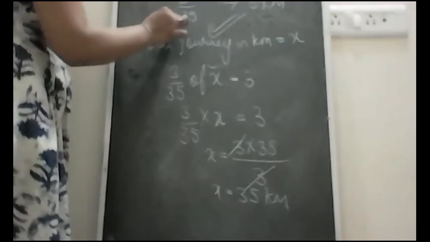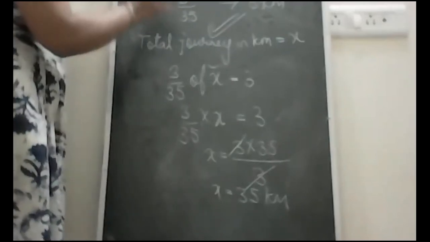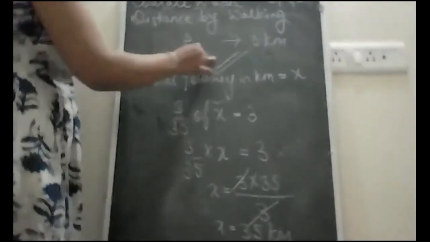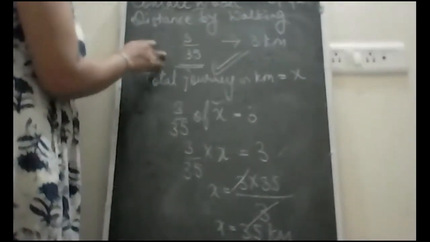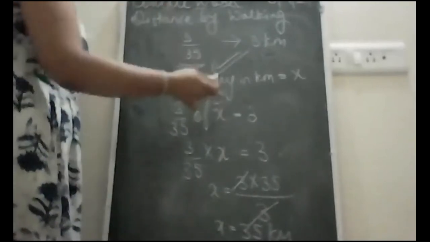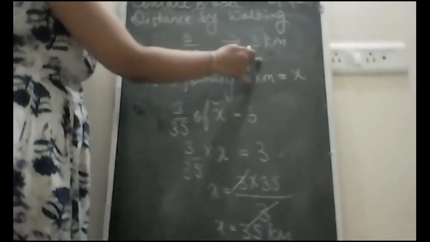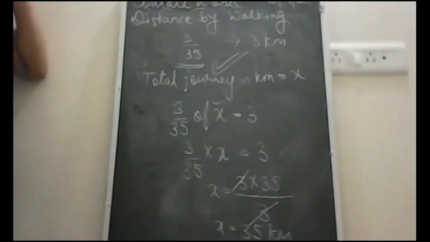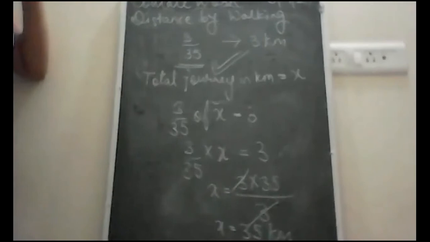3 upon 5. It was a part which was covered through walking. This was a normal part, beta. It was not given in the form of distance in kilometer. It is only a form of fraction, that this part is covered by walking. And in kilometer, it was given 3 kilometer. We don't know the total journey. ठीक है, because we have to find out in the question what is the total journey. ठीक है, because total पता होगी तभी बस की निकलेगी.